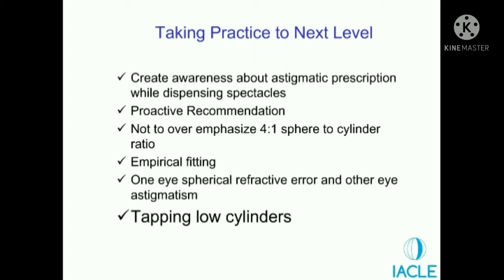Empirical fitting, most manufacturers recommend you don't need trial lenses now. You can directly order your contact lens based on your parameters. So for example, some manufacturers will say we will give you first fit guarantee. What it means is, based on the parameters, order the lens. They give you one box each of each eye. The first lens of that box you will open and put it up on the patient's eye.